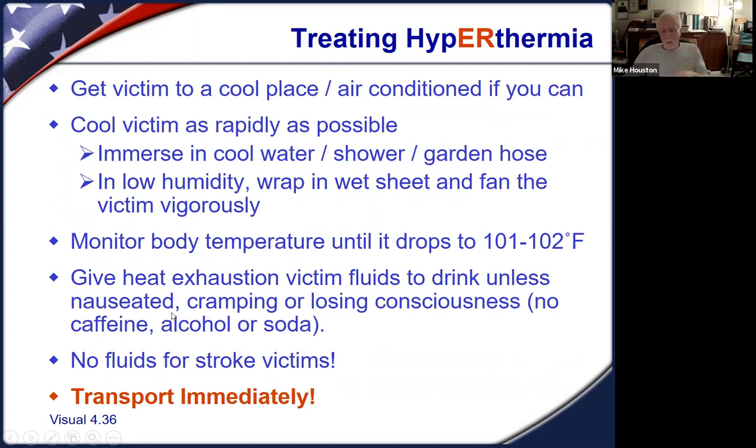So what do we do about hyperthermia? Well, let's recognize the signs and symptoms of heat exhaustion. Get the victim to a cool place. Maybe that's just putting them in the shade. If you can fan them, that's fine. If you can get a wet washcloth and fan them, that works pretty well. The thing is, you can't treat the whole body. Put them in an air-conditioned building, if possible, or in a building where the temperature is lower than the ambient